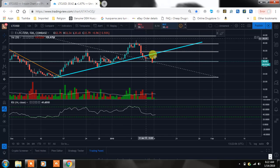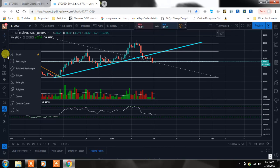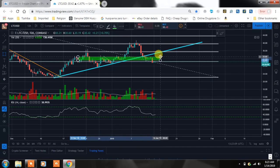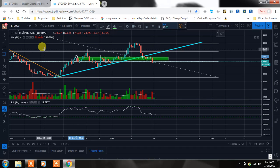So here's our highs, and then here's our lows. And you can see, guys, this is the cluster right here that I'm talking about. Let me see if I can find a little rectangle for us. So this whole area really needs to hold, like right in here. Is a really big deal, because you had a lot of support around this area. Here we go, guys. Let me see if that'll... There we go. Okay, so you're going to have a lot of support around those areas,